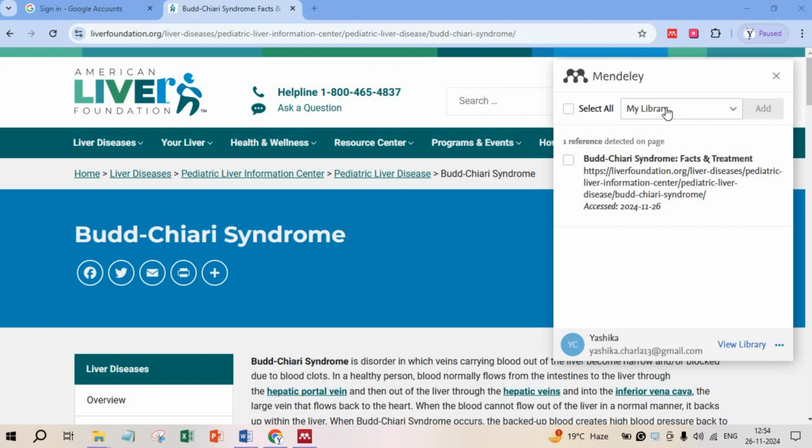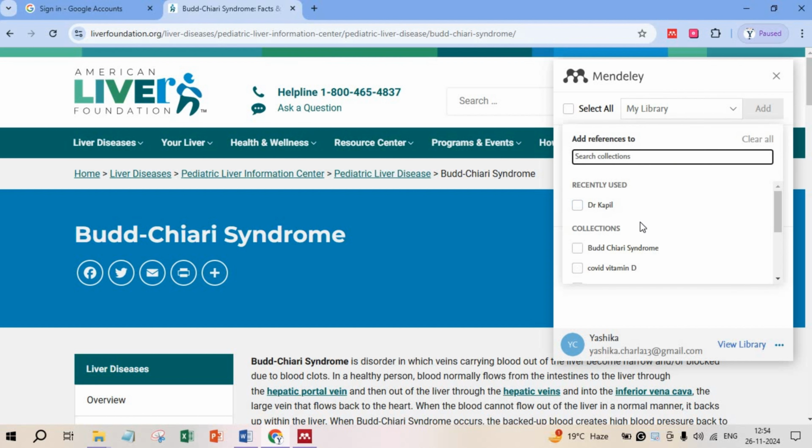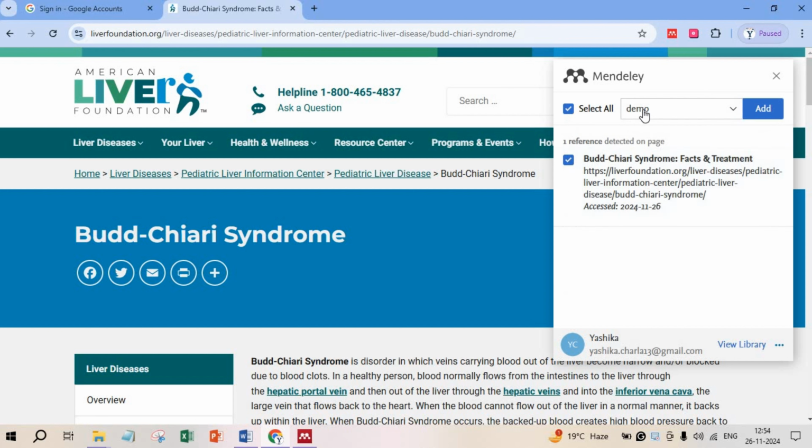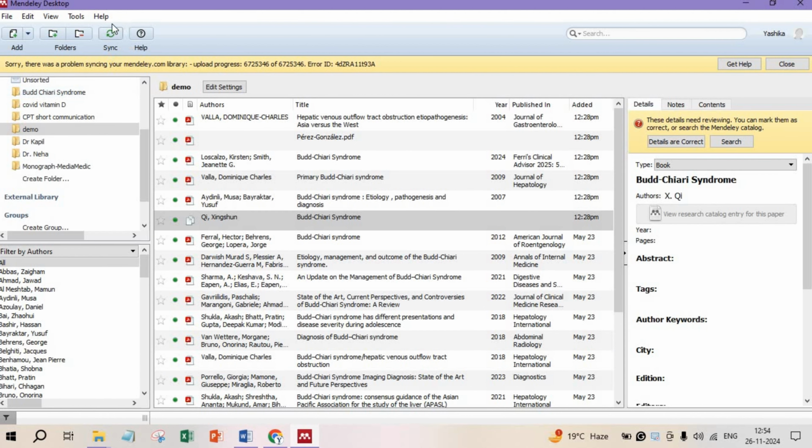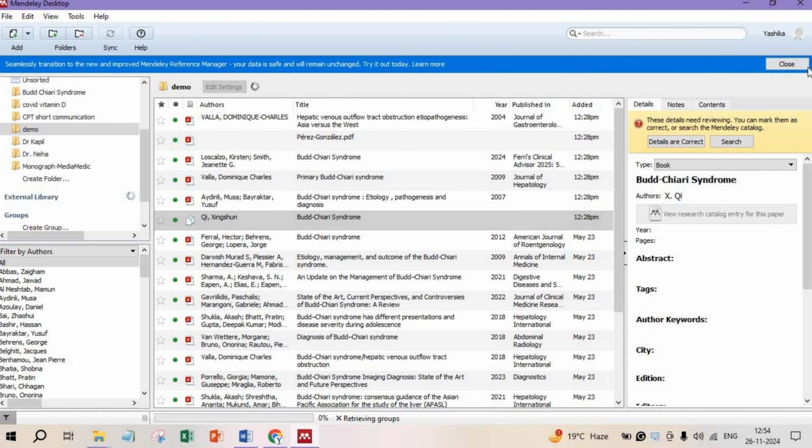Once you have signed in, this window will appear. Select the folder that you want to place your citation in. So I've selected my demo folder. Then click on add and just sync it.